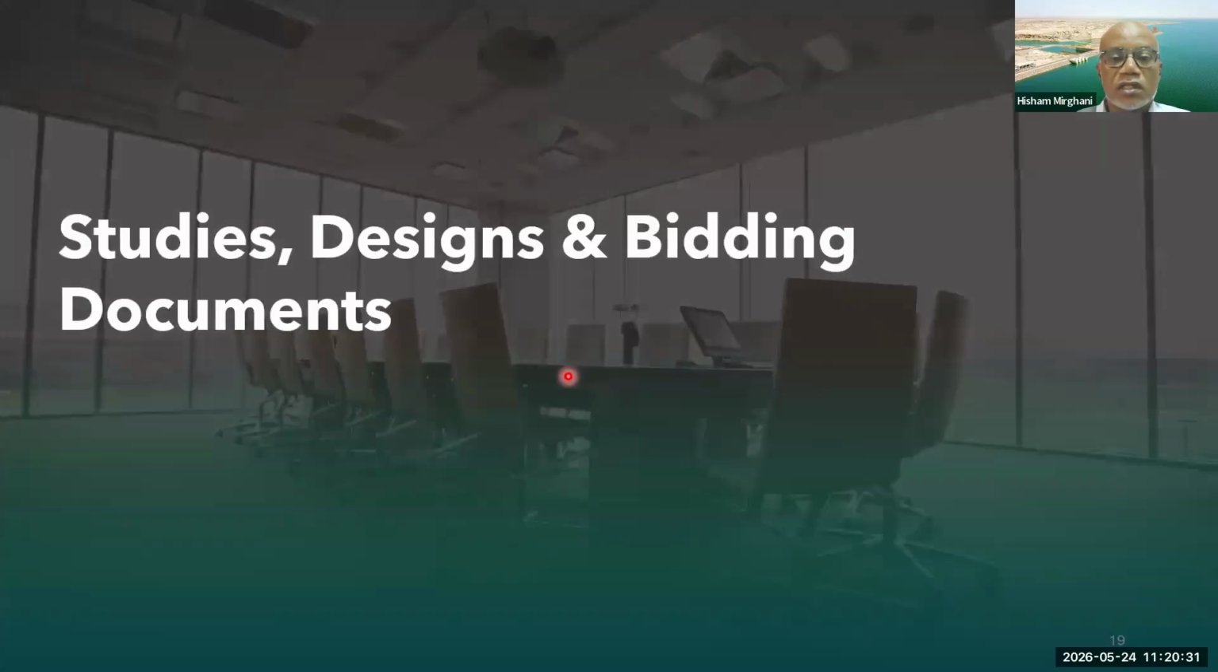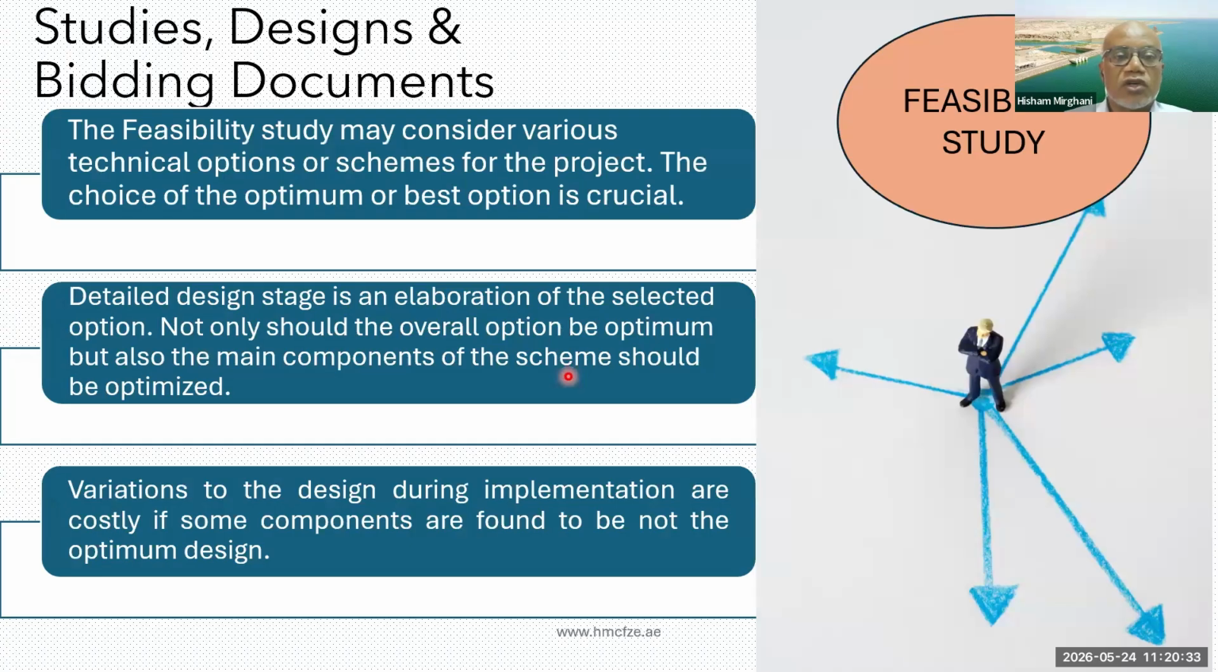Coming now to the studies, designs, and bidding documents. First of all, the feasibility study. Normally, the engineer would prepare various options and would recommend the best option for the scheme. It's really crucial for the employer to study very carefully these options and to make sure that the optimum option has been selected. Not just the overall scheme, but also the individual components of the scheme, that all of them